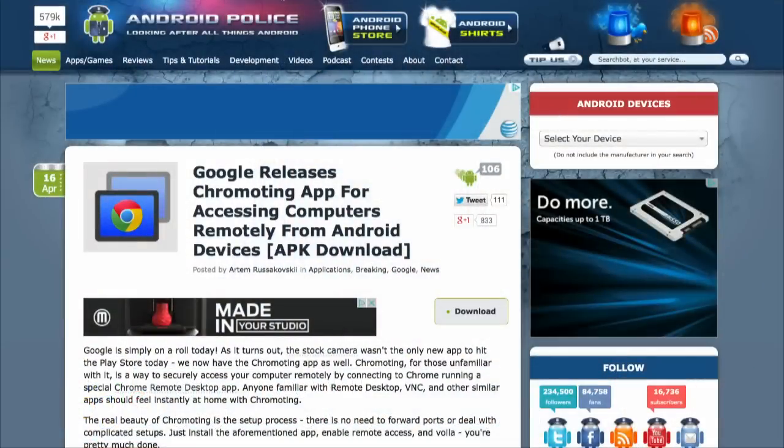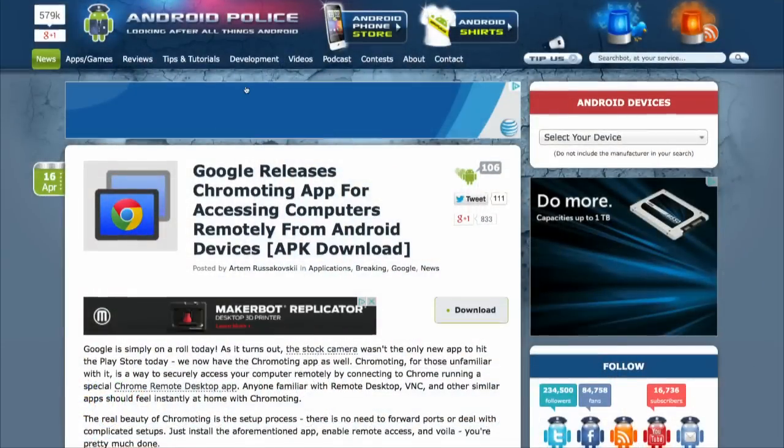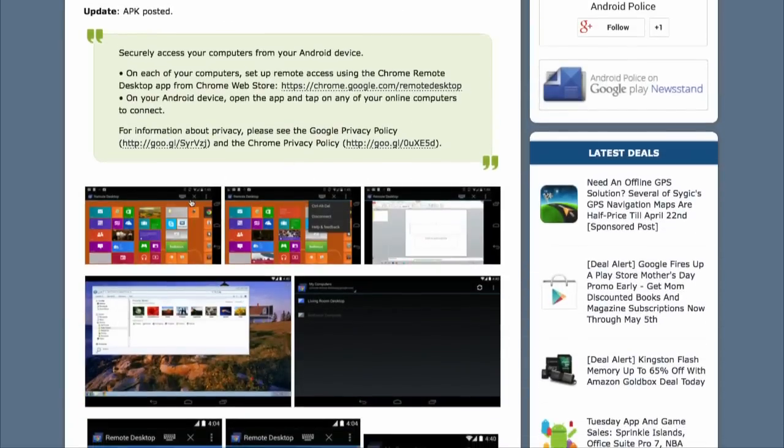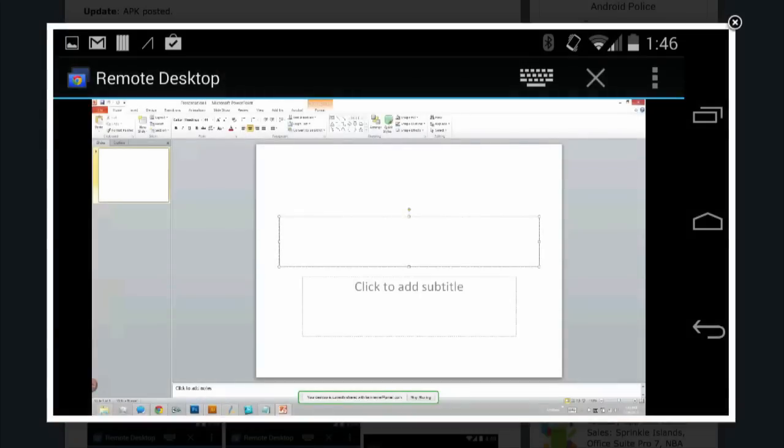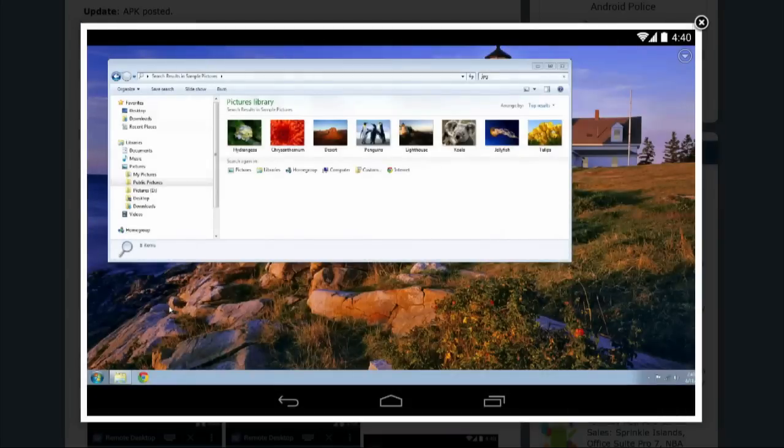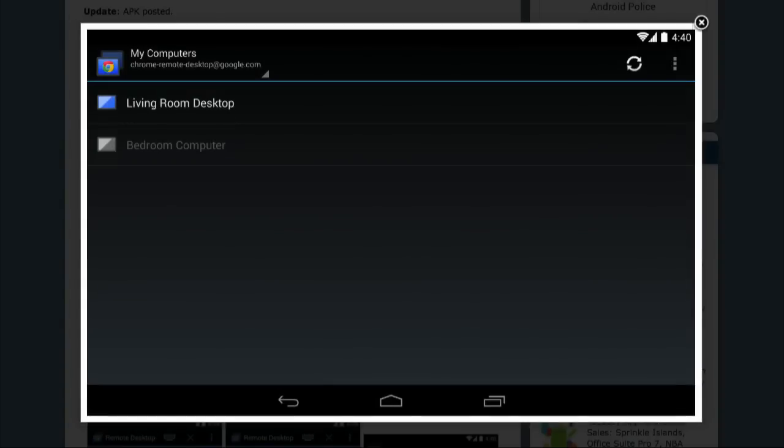What else for Android? Another huge app dropped, the Chromoting app. This is the Chrome Remote Desktop app, which is now available for Android, which lets you access your Chrome desktop from any Android device. So this was available for Chrome, so you could control another Chrome device from Chrome, but now it's available for Android. You download the Android app, which is now in the Play Store, and you can do remote assistance for another user, or you can access your own Chrome desktop.